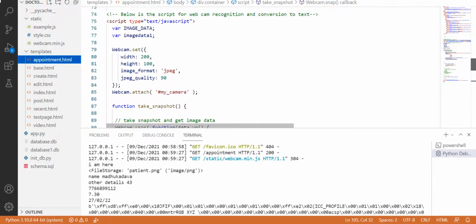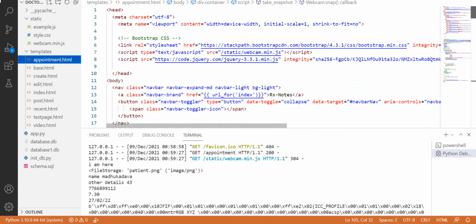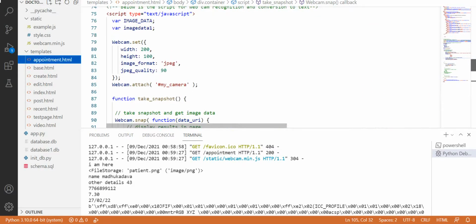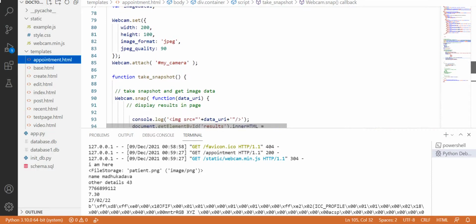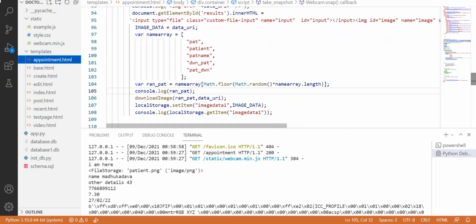Then we are using webcam.min.js for webcam integration. We are setting up the webcam, taking a snapshot, and then saving it every time. You will have a variable name array with six or seven random names, because if a patient clicks two or three times, you'll get two or three different file names.